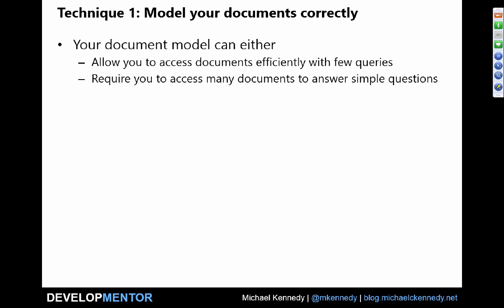All right, so the first thing that you have to start with, I don't know if it's the absolute most important thing. It may be, it may not. But certainly you have to start there because you can't do anything before you have your documents defined. We have to start by defining our documents. So what we need to do is sort of think about what are we trying to model and then come up with some documents and some structure. Say there's a relationship between these two things, but we're going to keep them as separate collections. And there's a relationship between these other two things, and we're actually going to choose to embed one within the other for certain reasons.